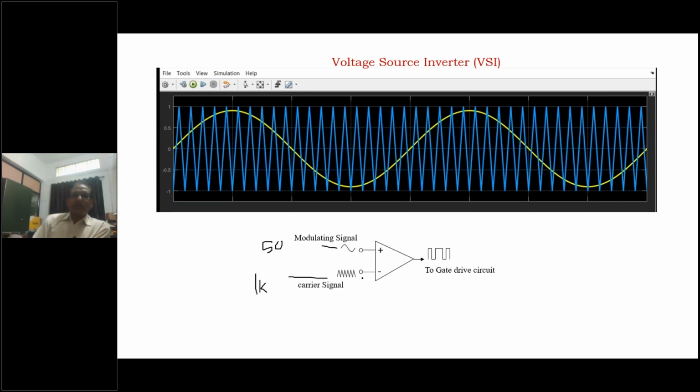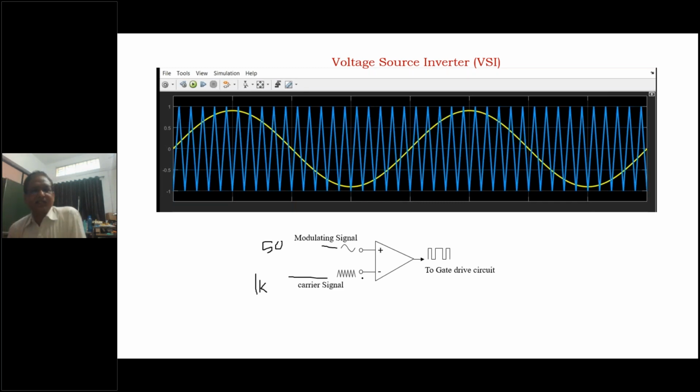See, this 1 kHz frequency is an audible frequency. If you go to more than 15 kilohertz or more than 18 kilohertz, then that frequency is not audible. So to control the motor, generally we prefer a switching frequency of more than 18 or 20 kilohertz. So we select the IGBT so that its switching frequency is greater than 20 kilohertz, because it is not audible.